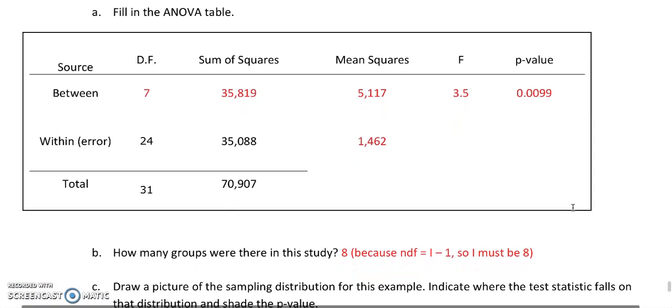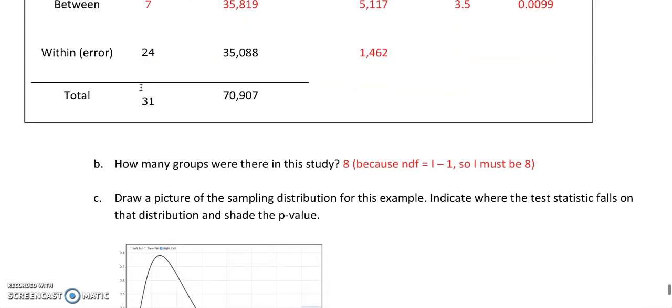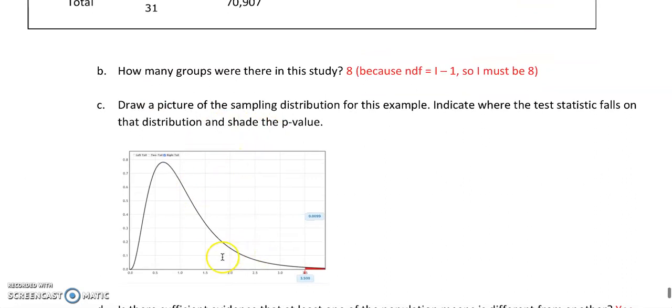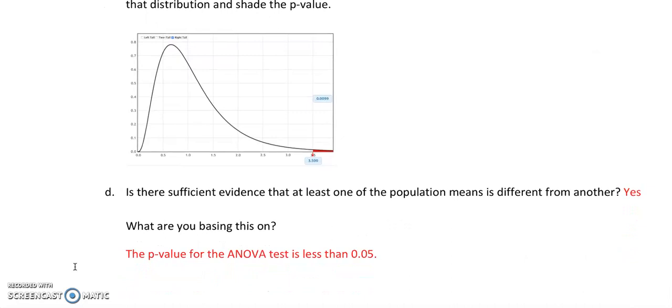There's a couple other questions that are asked here. How many groups were in the study? The numerator degrees of freedom is our number of groups minus 1. If that's 7, then my number of groups must be 8, so that when I do 8 minus 1, I get 7. Here's the picture I just showed you in StatKey with the p-value. And if I was doing an actual ANOVA test based on this, because my p-value is less than 0.05, I would take this to be sufficient evidence that at least one of the population means from those 8 groups is